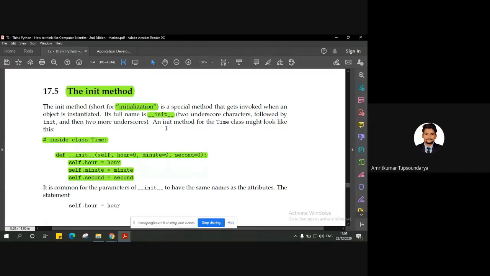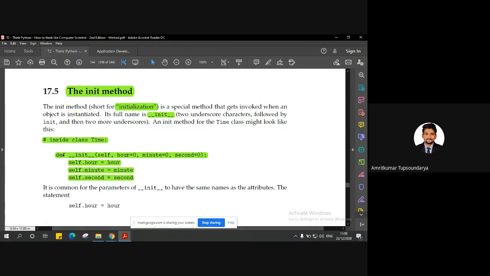We will take one example here, and discuss how this initialization can be useful, and how we can make use of these objects to play with them. We'll take the same programmer-defined type class that we declared earlier, that is Time. We are going to define this class Time, and inside this class we are going to make use of a method. Please focus here. This is the defining of a function inside the class, so that becomes a method. Hopefully you are now able to differentiate between how a method is declared and how a function is declared.